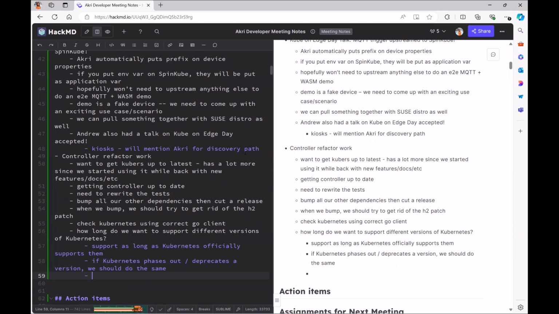I think for them, each release would be supported for approximately a year, and then it starts being deprecated. So just to share and check if we are okay with this kind of pace for getting new versions.